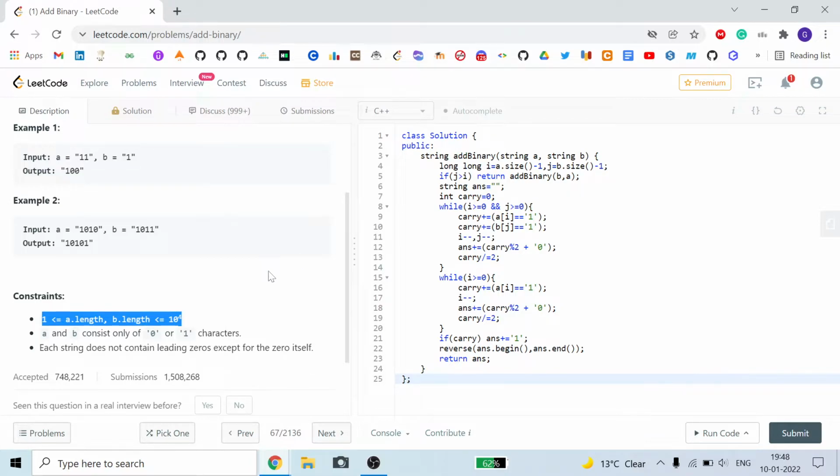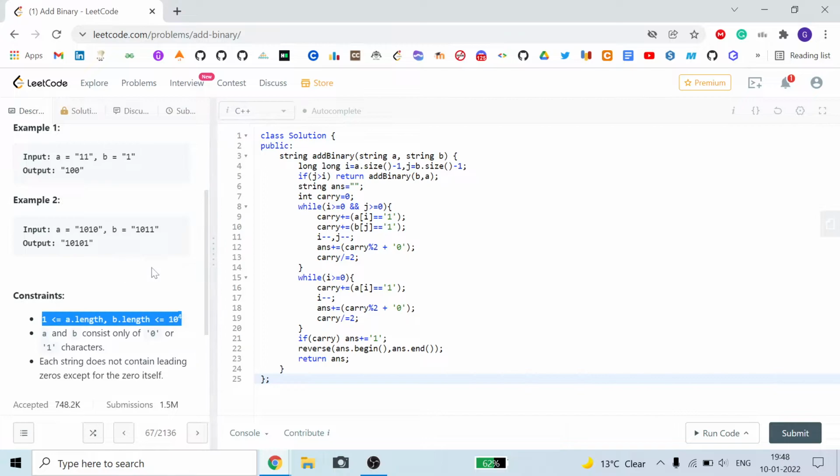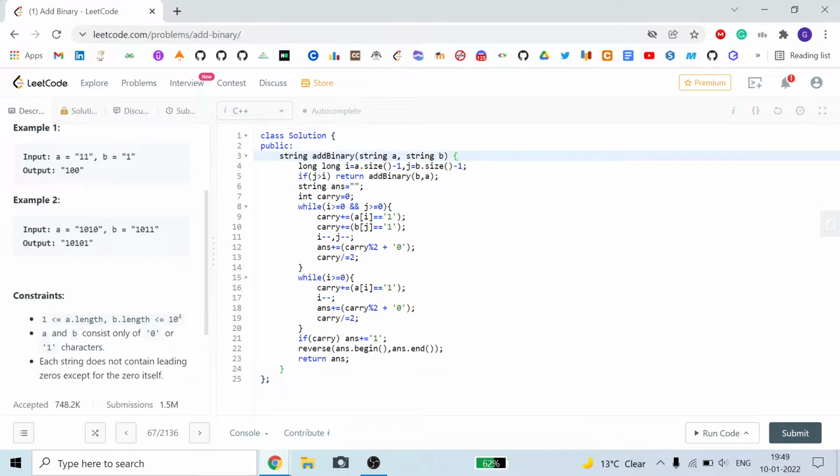by using a modified approach. So look into the approach. We are given strings a and b. We store the sizes of a and b in integers i and j, and if the size of our b string is greater than the size of our a string, then we just return it as b comma a. So our string a will always have size greater than or equal to our string b. This is our main focus